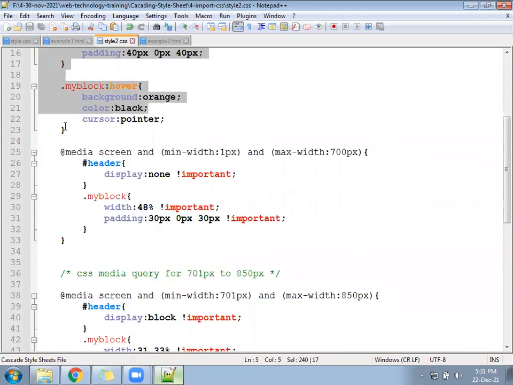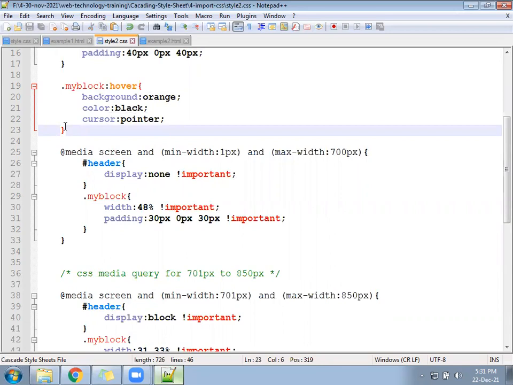So people ask in interviews, what is the media query? You can say it is a feature of CSS3 and it is used to find out the screen. Don't say screen, because a screen means your entire screen. Say window size. If I say screen, my screen is big, but my window is small.